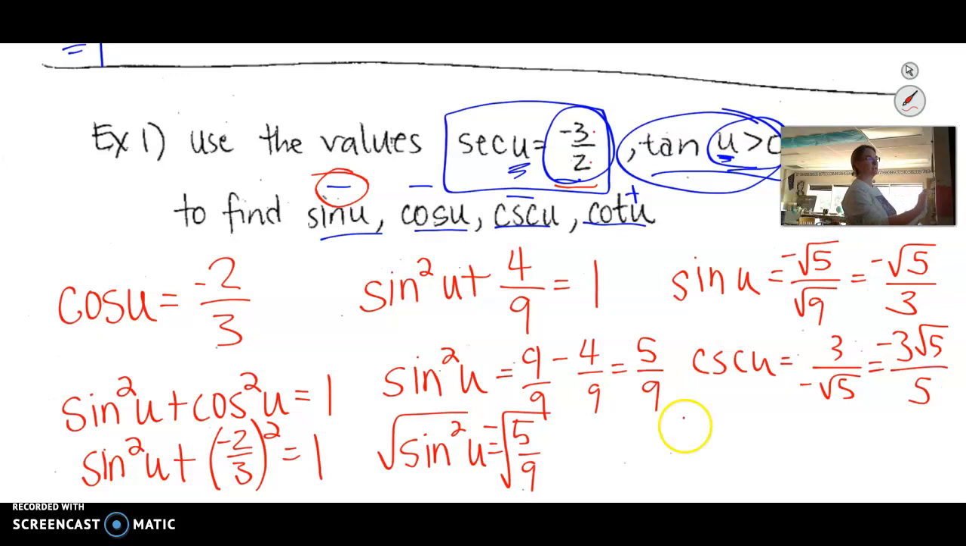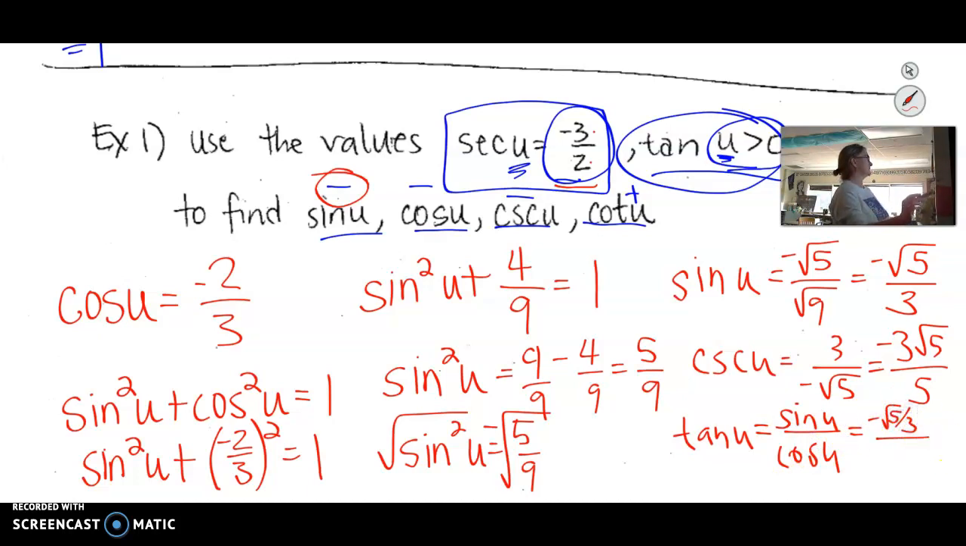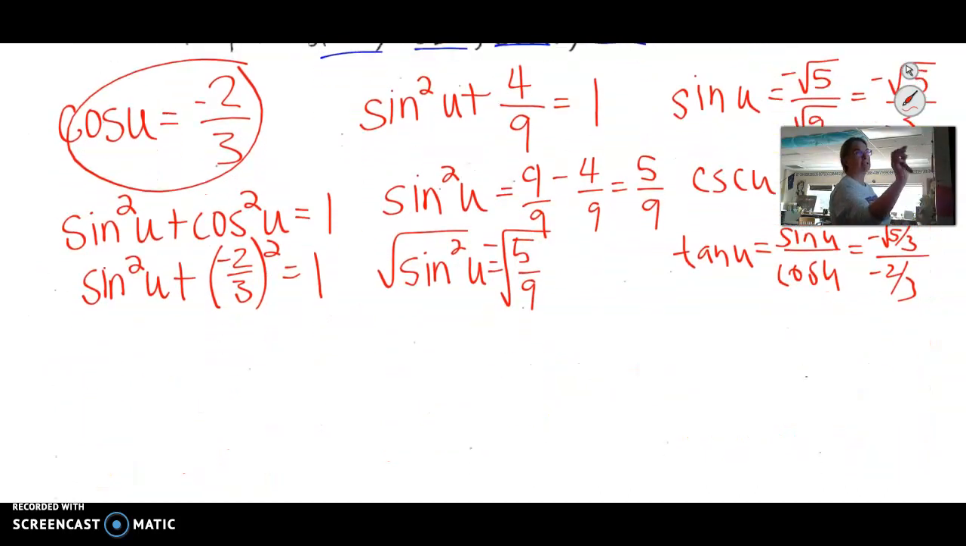And then we also can find the tangent of that angle, because we know tangent is sine of u over cosine of u. So this is using one of the quotient identities. And if sine is negative square root of 5 over 3, cosine is negative 2/3. Over here, remember that. When you simplify that, you're going to get the tangent is equal to negative square root of 5